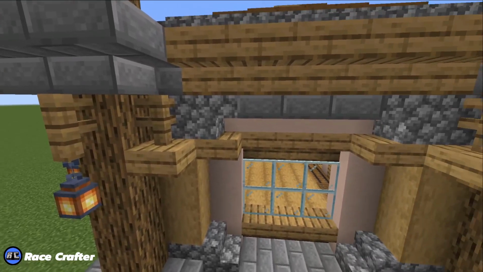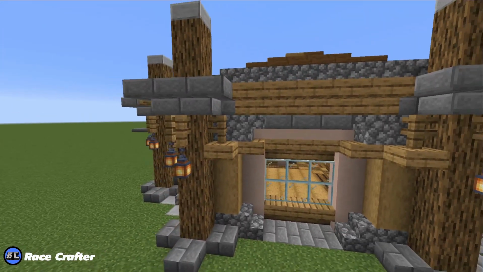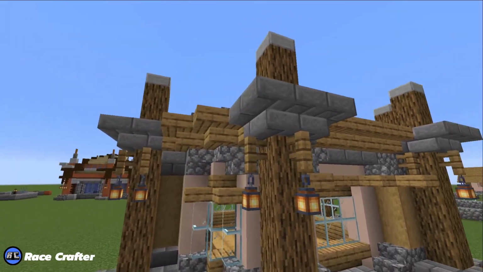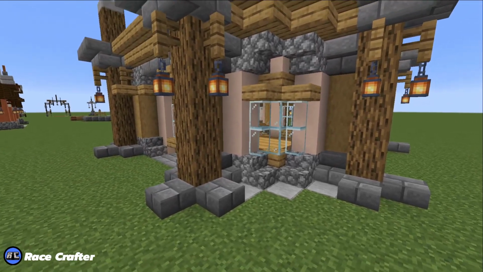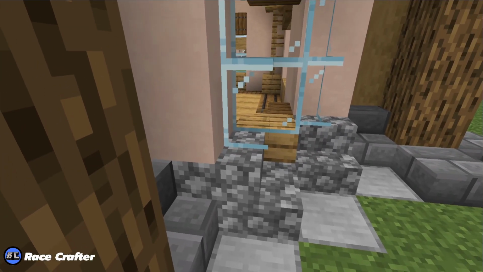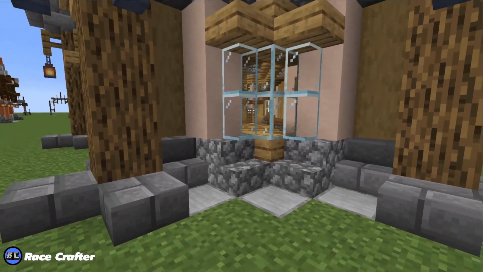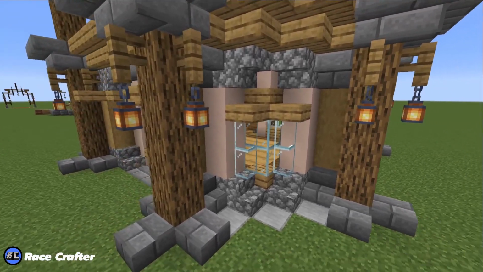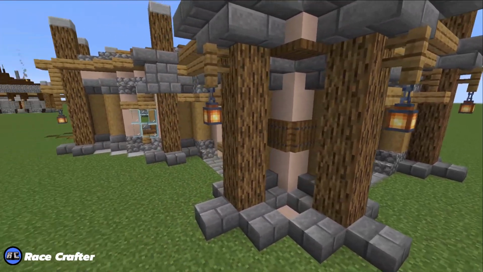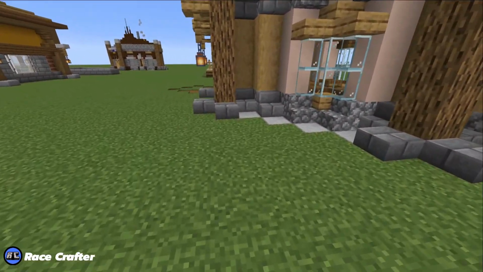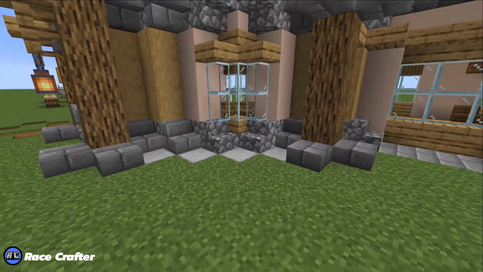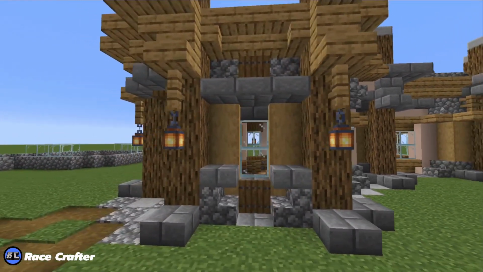So just adding these little reveal points and a little bit of fence posts up there with the hanging lanterns, and using the stairs and different textures to create these overhangs, and making sure that the windows and the panes, there's just a very, very slight overhang of that glass pane over the stairs. But that's not a deal breaker. That's okay. And again here with the smooth stone slabs, creating that foundation for that anchor point here. Another cool thing,